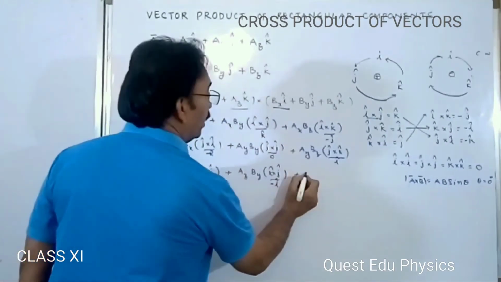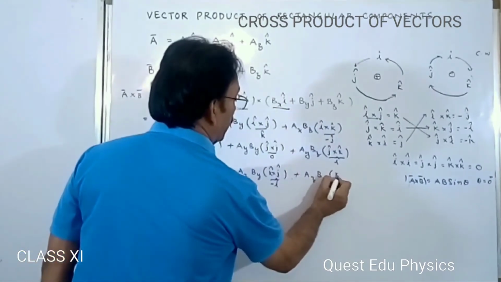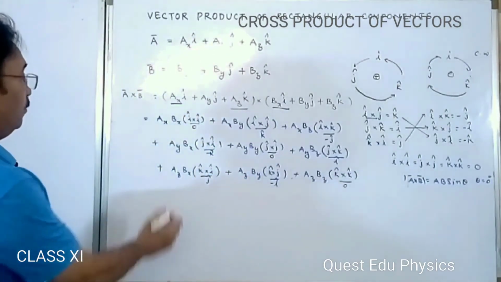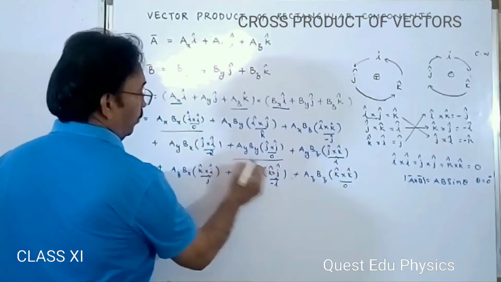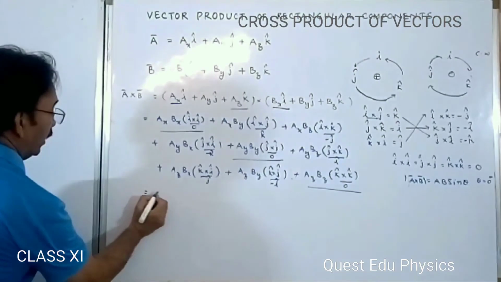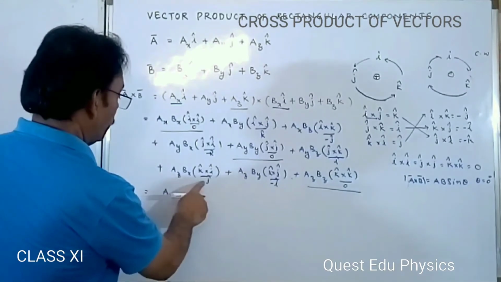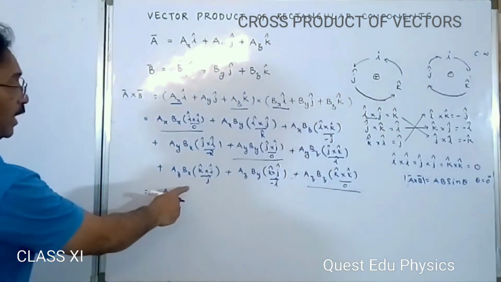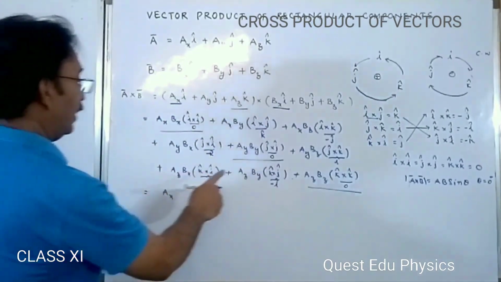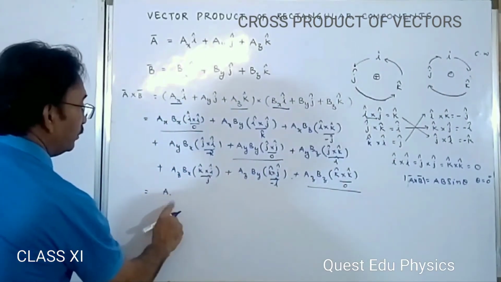plus AZ BZ into K cap cross K cap, obviously it is 0, and these terms are 0, and we will write it as AX. First we have to write the I terms. Where is the I? Here is the I, and we have I. What is that? AY